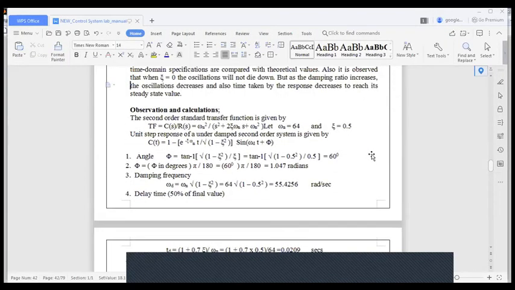See here under observation and calculations. You must be observing it in your lab manual also. So these time domain specifications you have to calculate theoretically, and cross-check with the simulated values.